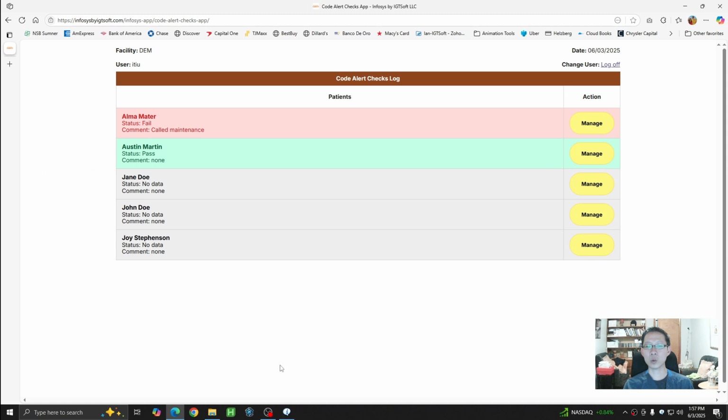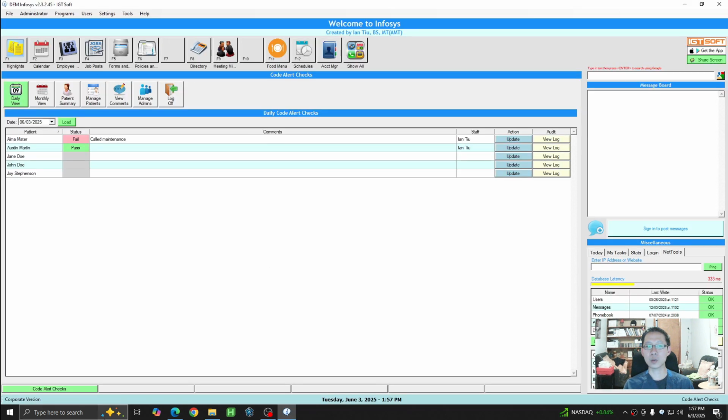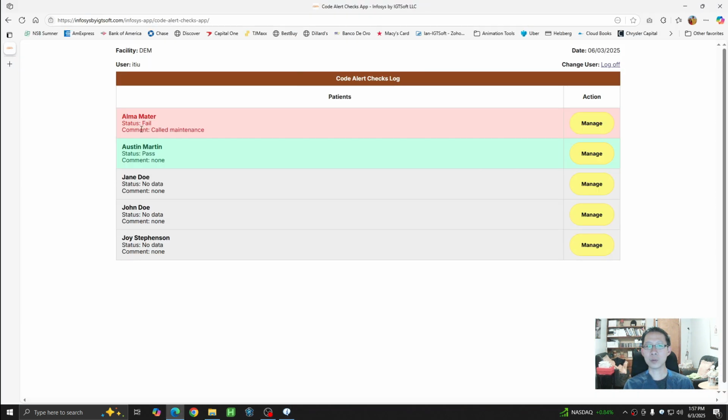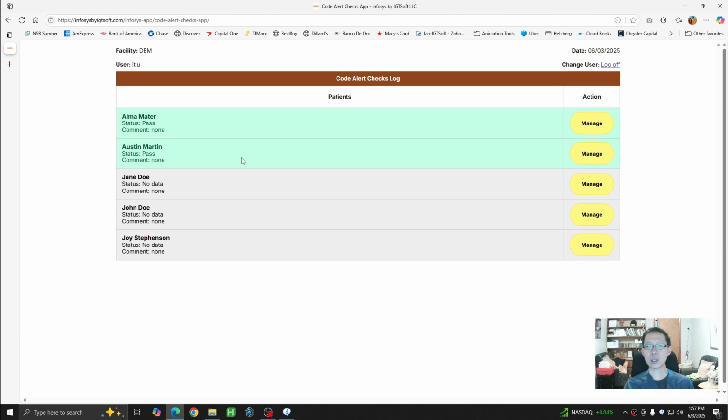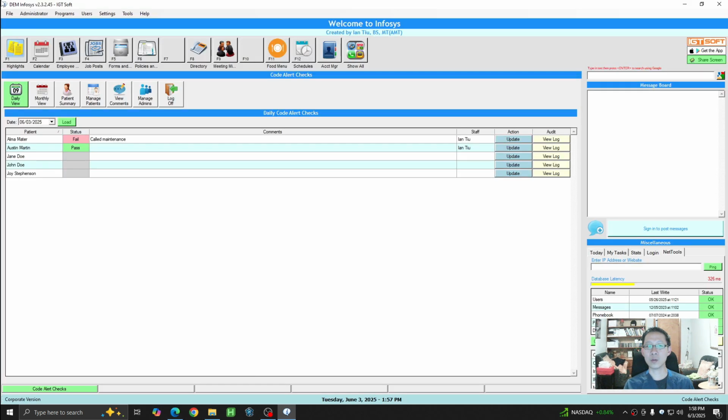It syncs with what I put in on Infosys. So here, Alma Mater failed. We'll just say this time it passed. Same thing on the app, we click on manage and this shows up. You can toggle between pass or fail. We'll say this time it passed. So you see that this time it's green, and when I go back to the Infosys app, if I do load,